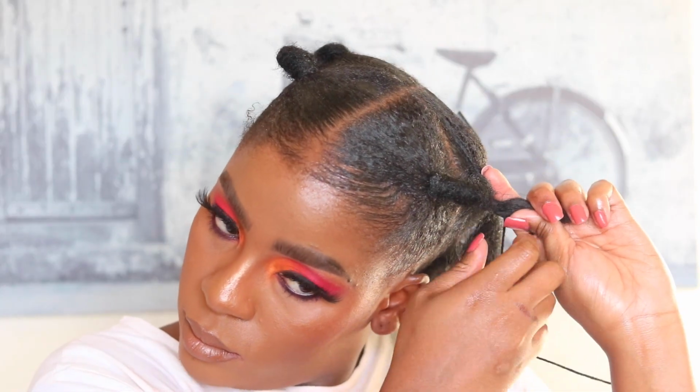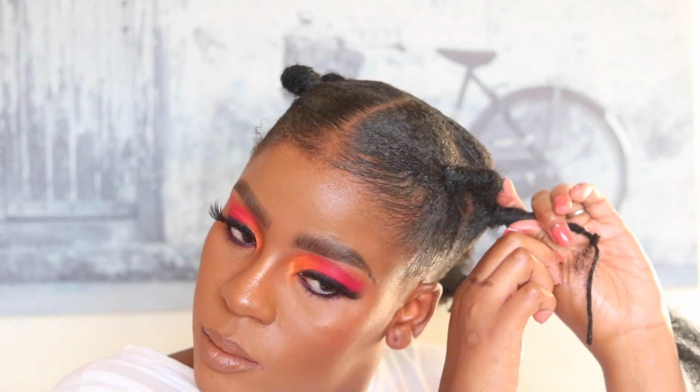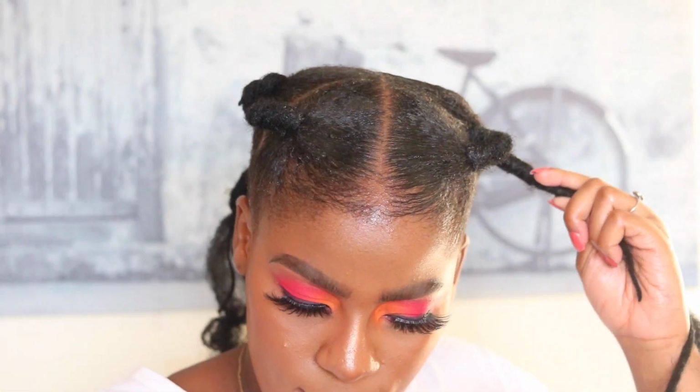And then you're going to continue doing this until you get all the way to the back once again. So once you've African threaded, you're going to wrap using your Mali braid. You can use a new piece of wool as opposed to continuing with the one that you began with, and you African thread. Once you've done African threading, you wrap around with your Mali braid, and then you secure your Mali braid right at the end. It is very simple once you get the hang of it with your first section,